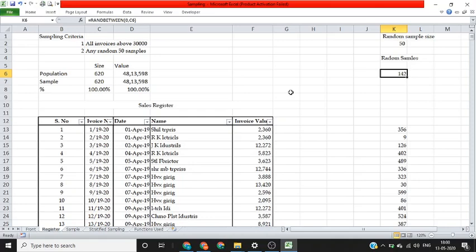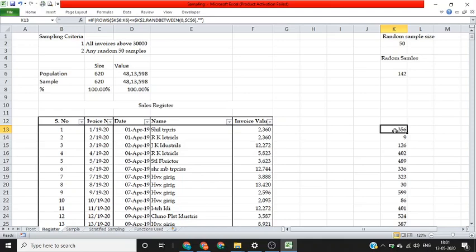Now we will be calculating 49 more of these random sample numbers, and then we will be selecting invoices with the same serial numbers as our samples. So you can copy this cell into 49 other cells, or you can use an IF function to make sure that you only get 50 random numbers.